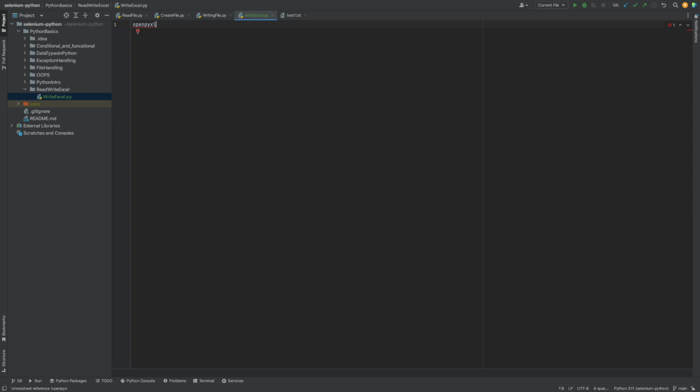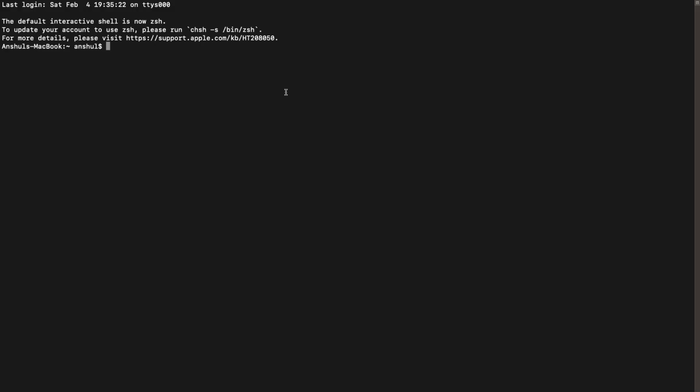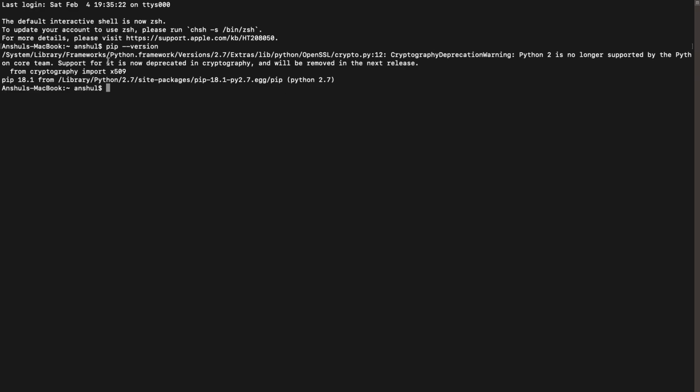First way is you need to open your terminal. In your terminal, you need to type pip --version. This will show you the pip version on your machine. I am using pip version 18.1. Right now, the pip version available on my machine is 18.1, but that is basically pointing to the Python